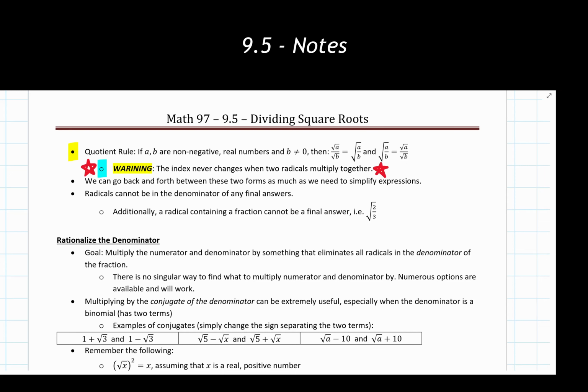So the two forms that we wrote up here, we are going to go back and forth between on a pretty regular basis to simplify expressions as necessary. You want to get very comfortable with doing this. There's nothing wrong with starting in one form, going to a different form, and then going back to the original form, as much as necessary. I have seen problems where we start here, go to one, go to the other, go back, and then end up where we originally started.